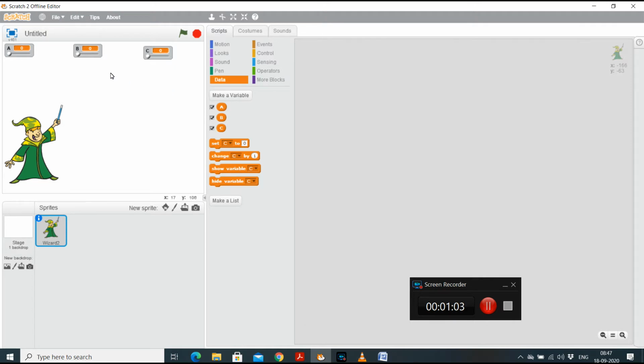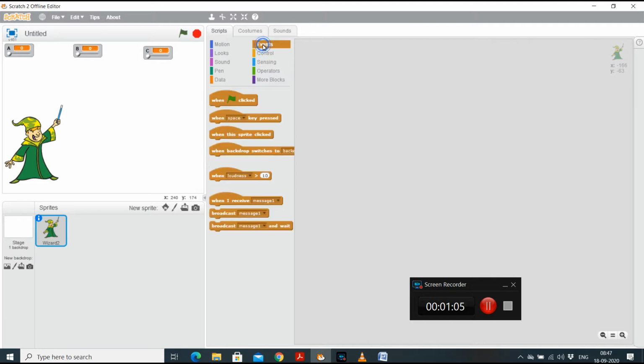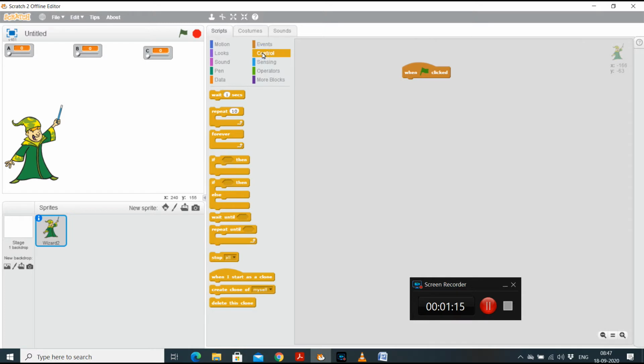Let us start the program with the start button. So when clicked is selected here. Now for doing comparisons, let us select if else.